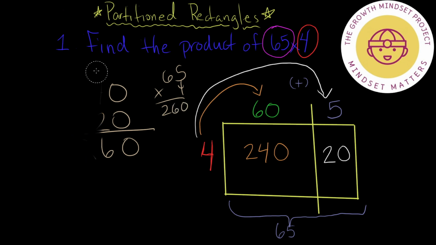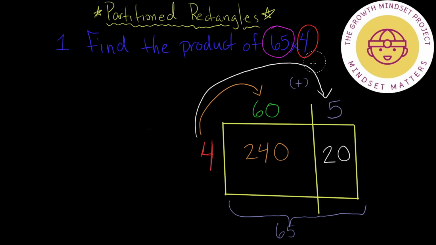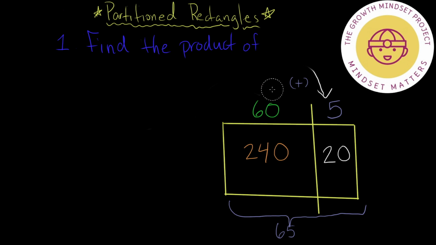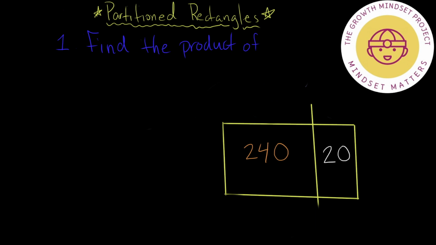Let's do another one, okay? These take practice. Let's do another one. I'm going to erase all this. We'll keep our box the same. Let's keep that because we're going to use it again. Keep our rectangle the same. And let's say for this one, let's find the product of 74 times 41. Okay,